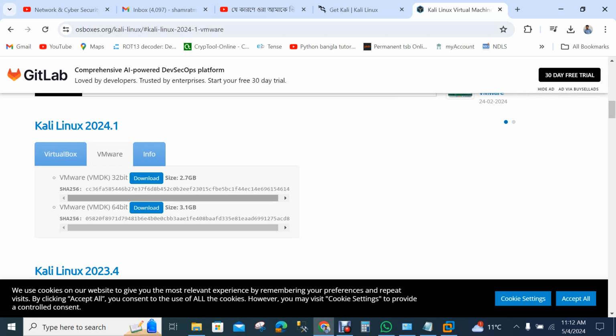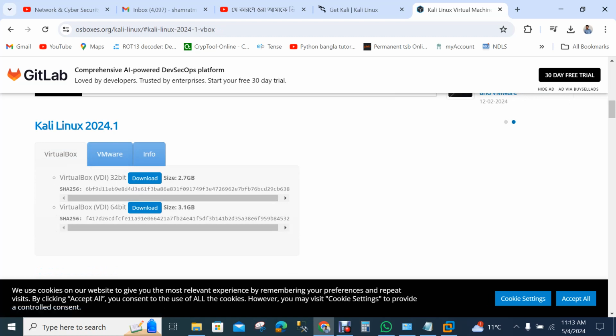From here we are getting VMDK, and that size is 2.7 GB, and another is VMDK 64-bit. With VirtualBox, we will get a VDI file. Sorry, what I said before, VHD, is not the correct word. The correct word is VDI.